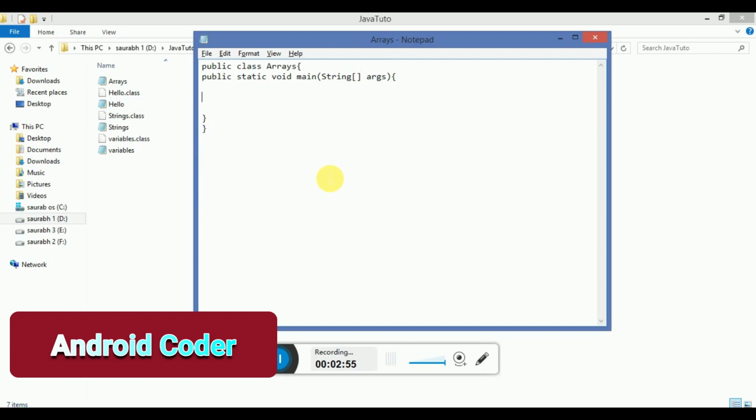Now we declare String, small square brackets, variable name must be cars, is equal to curly brackets. The first one is Maruti, the second one is Volvo, the third one is BMW, and the fourth one, suppose, Mercedes.